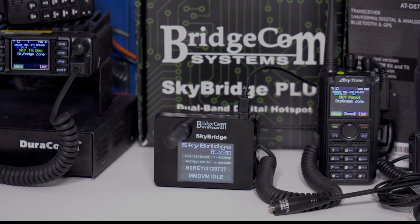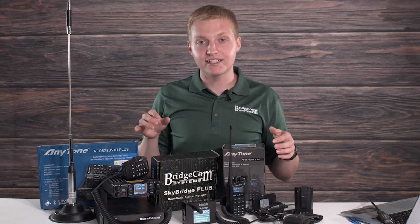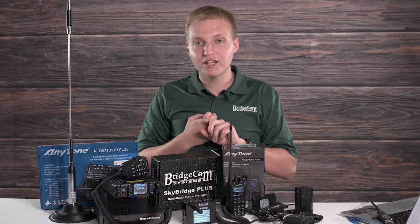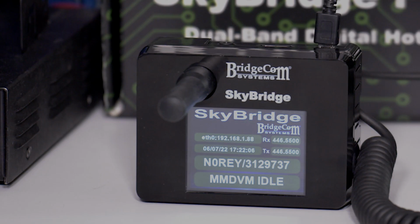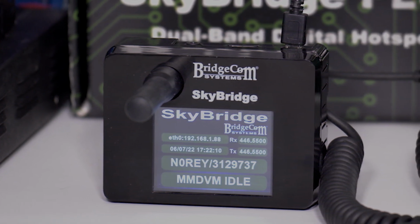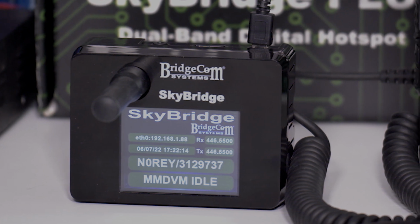So literally all you have to do to set this up is just plug these devices in and you're going to be on the air making contacts, guys. It's literally that easy. And all that's available at any time through our plug and play package, which you can get with just the hotspot and the radio individually, or in this configuration, in this Hamshack pack for when you want the big kahuna, everything involved,